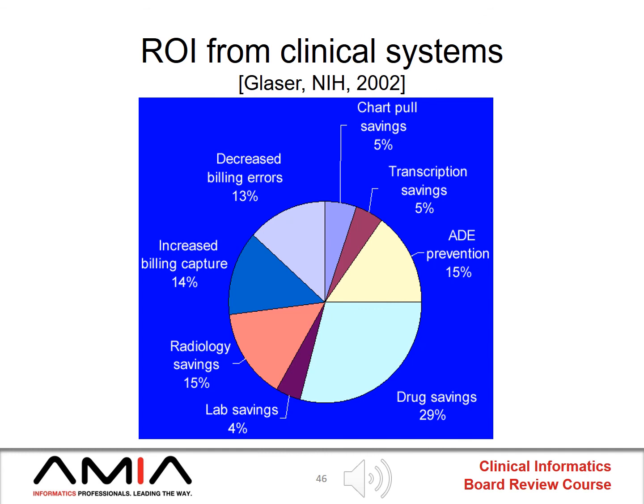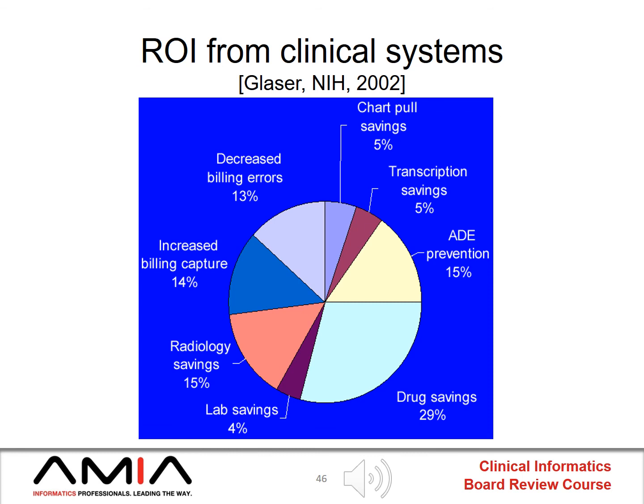Now, this is an old slide, but a good one. I think the principles still stand, that when we're calculating return on investment from clinical systems, there's likely to be a distribution that looks something like this. This is from Partners in 2002. John Glasser gave me permission to use this slide. By the way, ROI here stands for return on investment, not release of information.